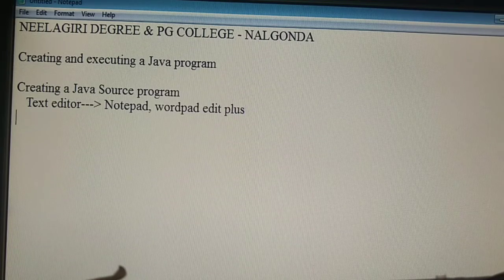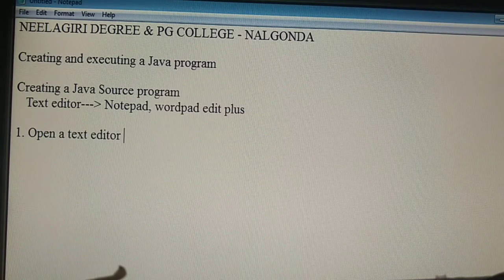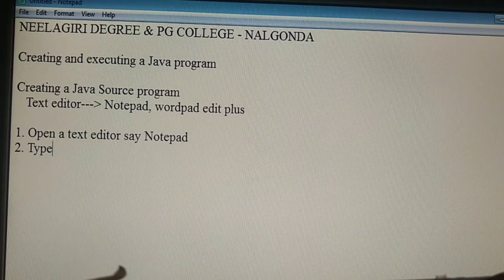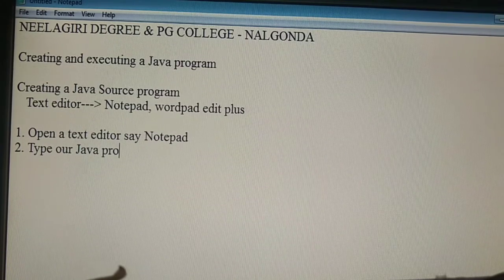That means, first step, we have to open a text editor, say Notepad. Then we have to type our Java program. Whatever we write in the program has to be typed in the editor.